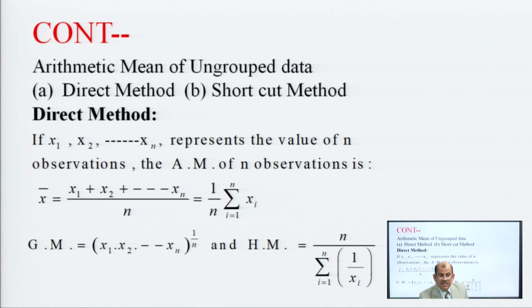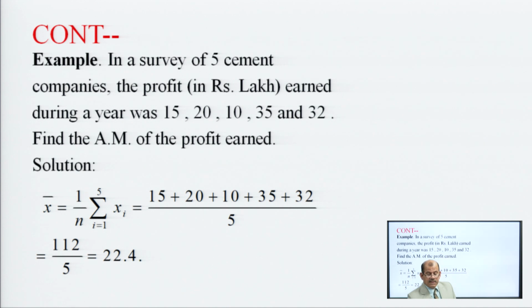Here, arithmetic mean for ungrouped data means individual numbers, such as the weight of students or height of students; these are individual. Adding all the weights of students in a class divided by the number of students gives the arithmetic mean of the given data. We have already shown the arithmetic mean of the individual series.